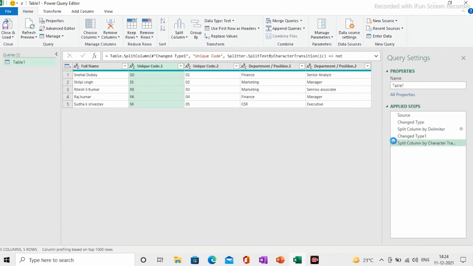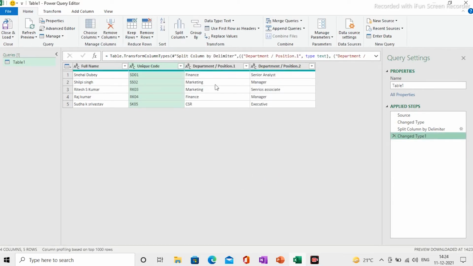Just one thing I missed out. Let me remove this step. When we split the department and position into two columns, a Changed Type step was applied. But earlier my department and position were already in text format, and post transformation it's again text format. So we don't require that extra step, so we can remove that. Be cautious: you should review all the steps which the system tracks automatically. Sometimes we don't require those change steps, and removing them makes the code more effective and more readable. If we don't look for these things, our code becomes heavier,